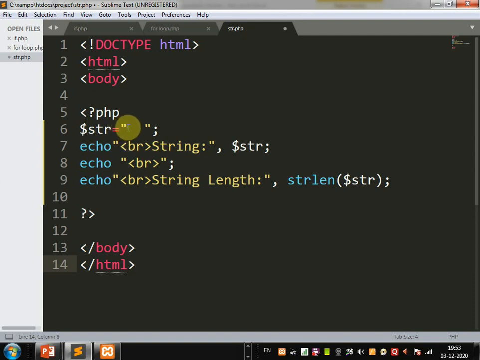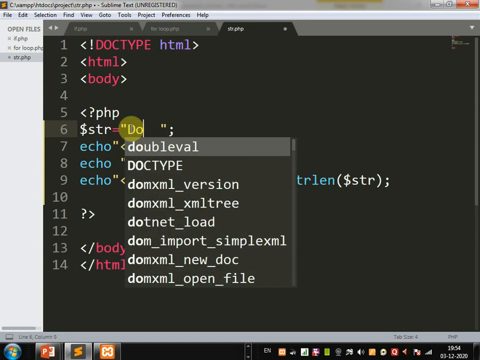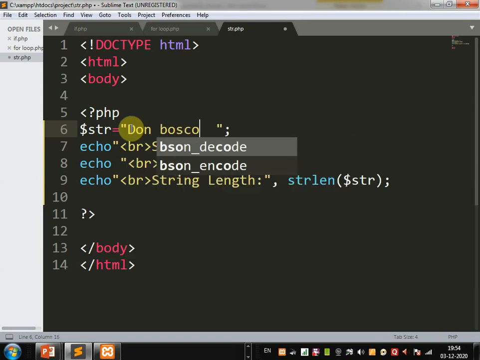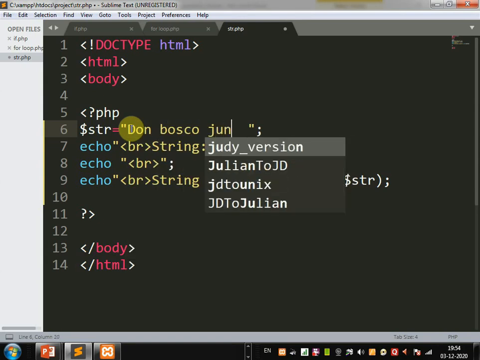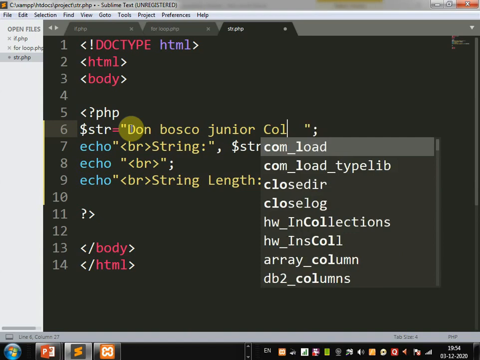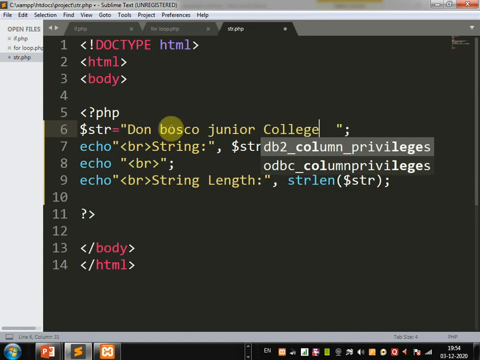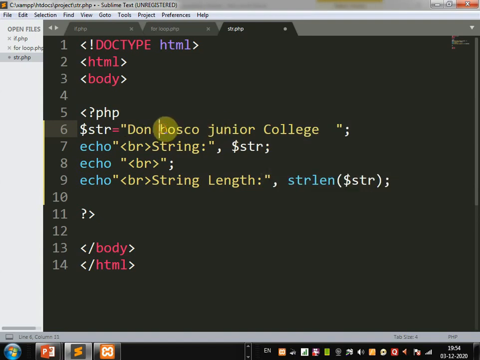Now I'm going to use the string Don Bosco Junior College. This is the string I define here, in the variable str.